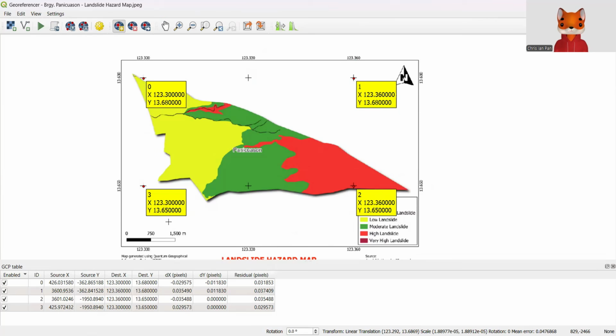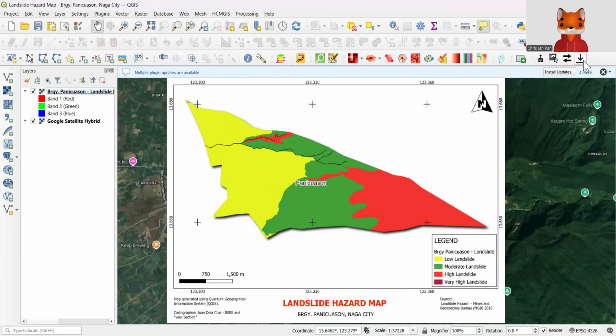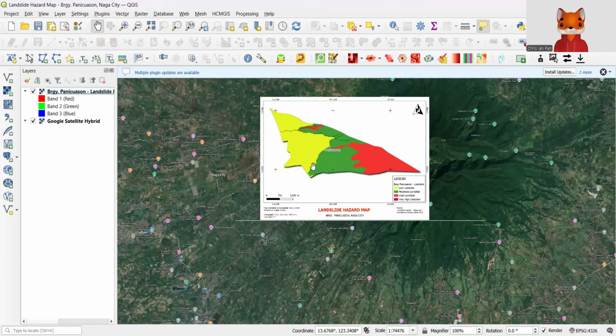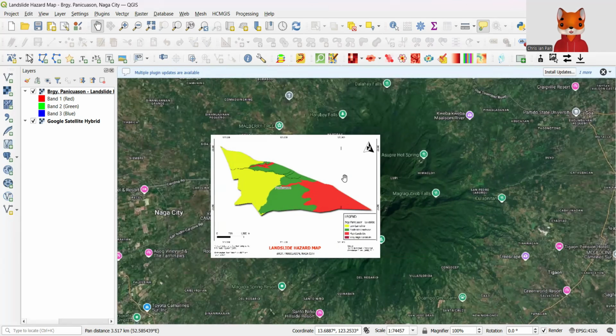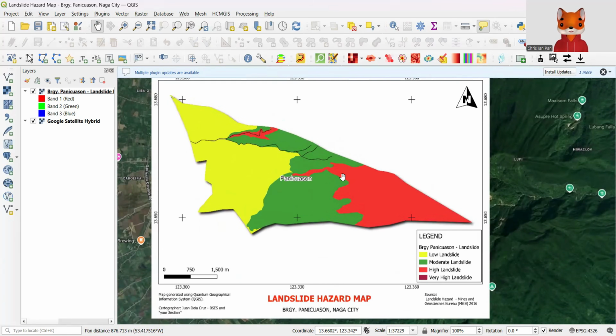You should close this one, and you just select the close option, the X. After that, you can now start digitizing. For this exercise, we will digitize the susceptibilities of our landslide hazard map.